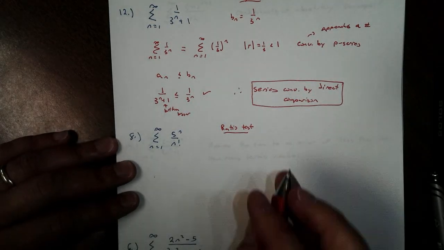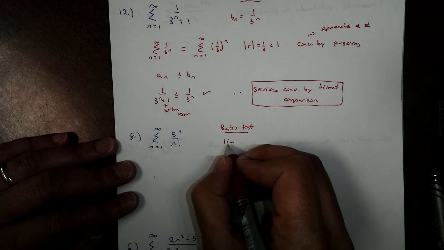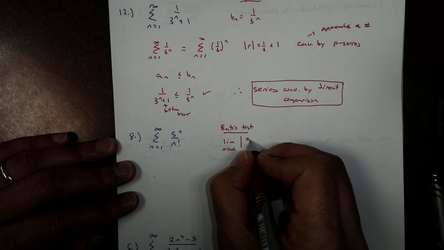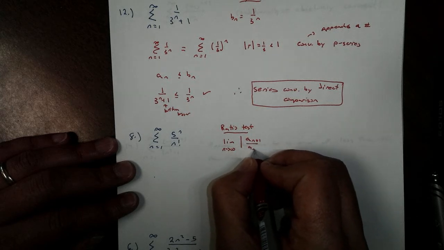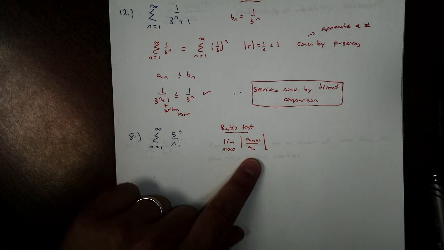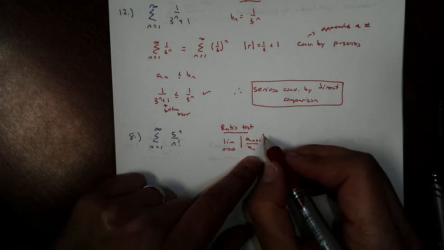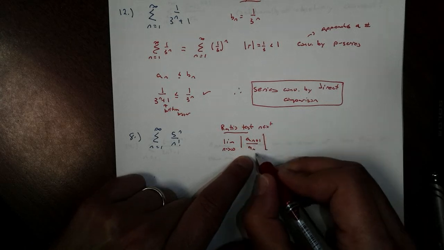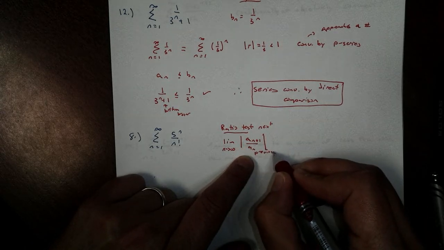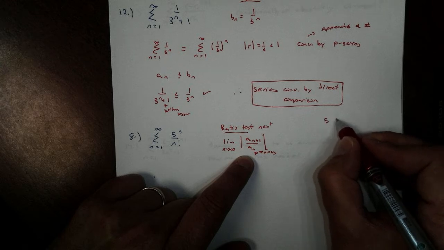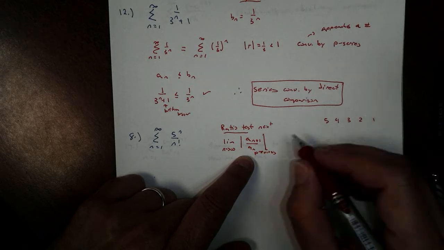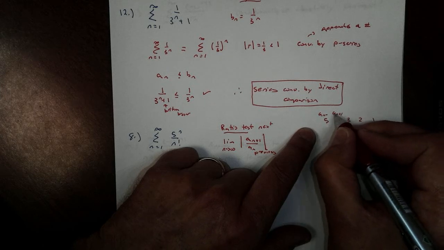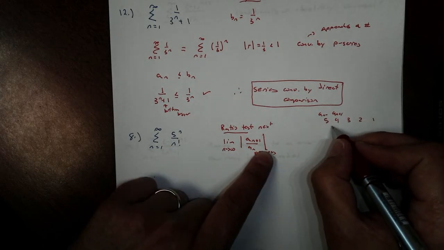So for the ratio test, remember, it's saying take the limit. We're comparing the ratio as n goes to infinity of a sub n plus 1, the next term, over the previous term. So let's review what this is really saying. We're comparing the next term over the previous. If I list it out, like 5, 4, 3, 2, 1, let's say I use my terms, this would be like my a sub n plus 1. This would be like my a sub n. So I'm comparing them, 4/5,